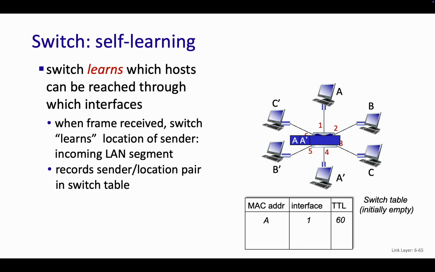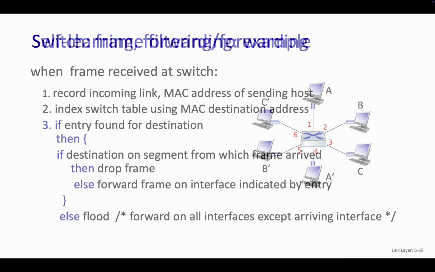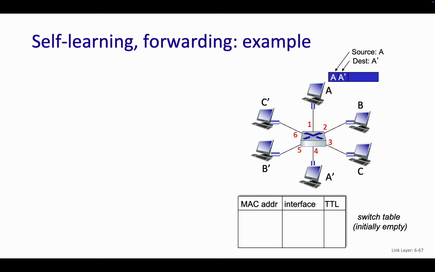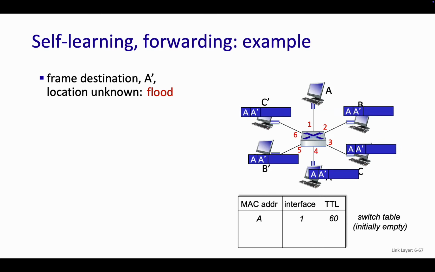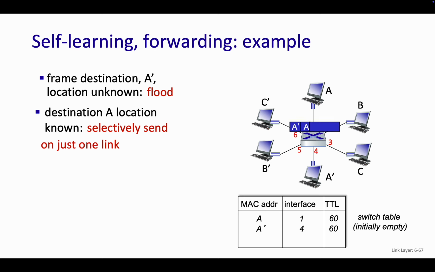But I don't know where A prime is. That's not on my table. So the first thing I do, if this thing's not on my table, oh, sorry, that's okay. Here's the algorithm for it, but we don't have time. Oh, class is over, right? Okay, it broadcasts it out. So I don't know where A prime is, so let me just send it out on all my interfaces. And then hopefully someone responds, and when they respond, I can put an entry for A prime, it came from 4, and now I have that mapping. So if I ever receive between those two, I know not to have to rebroadcast, not waste everyone's time. It only sends between 1 and 4, because it's learned for up to that time to live.